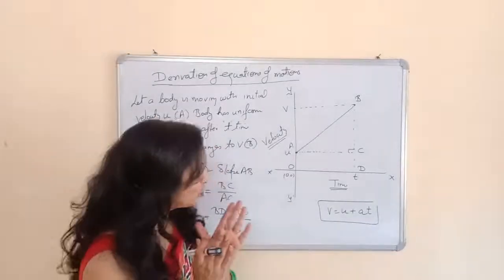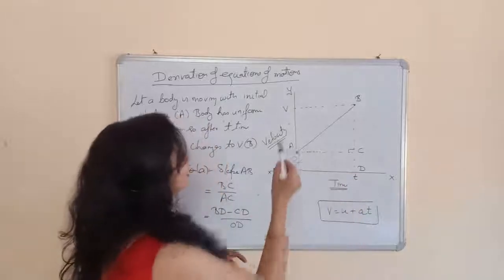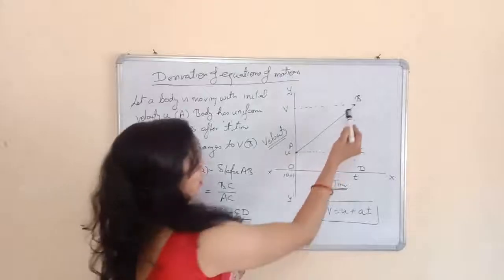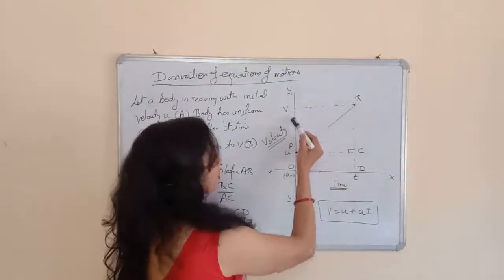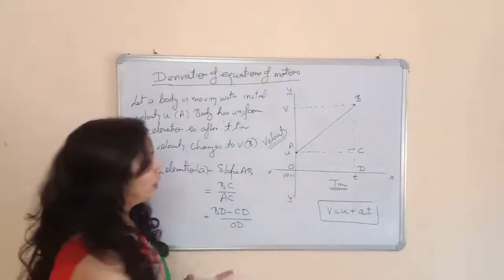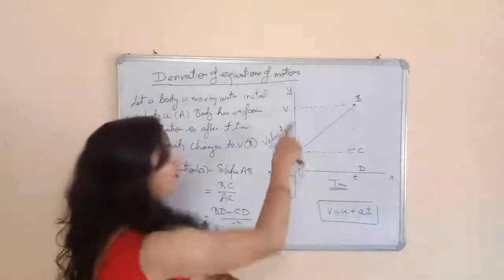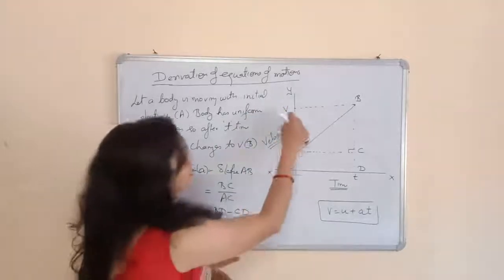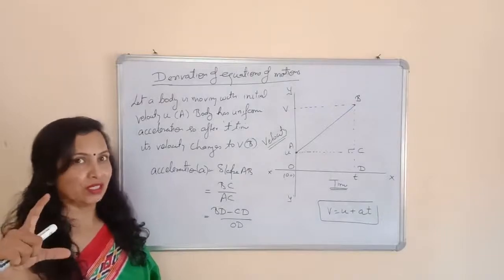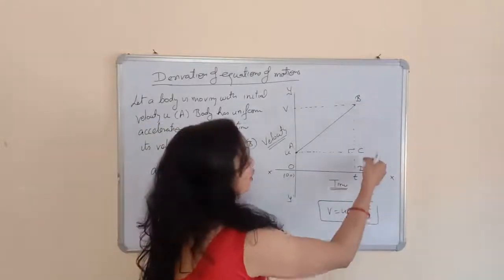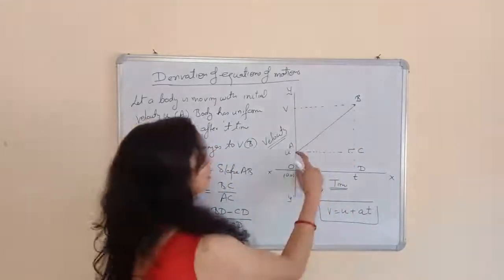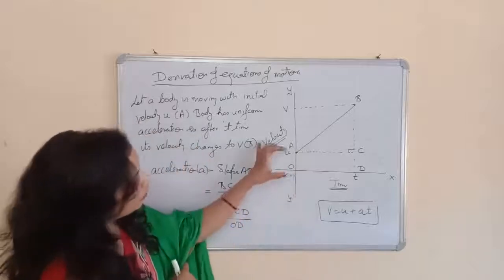Now you should know what is the length of BD. This point V representing this coordinate means this is a length V. Imagine suppose you were moving with a speed of 5 and after 10 seconds your velocity will be 15. So this is your final velocity. It means the line representing the point is the line representing 15 units. So BD is equal to this length, that is V. And OA will be equal to 5.